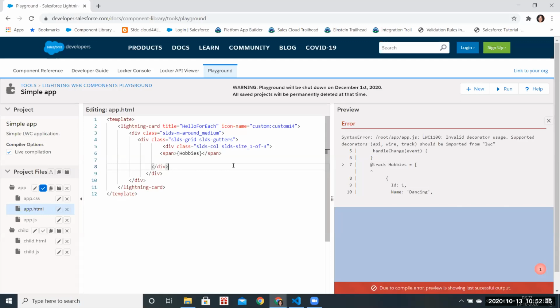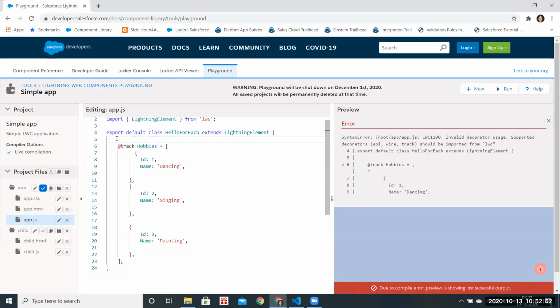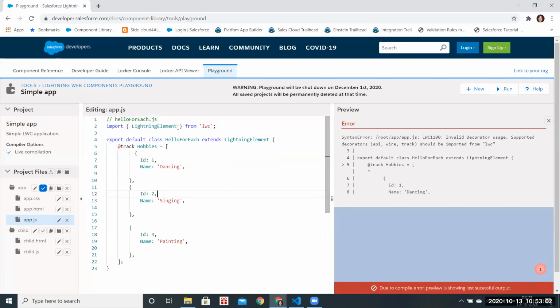Go to your JS. Remove the 5th to 6th line, I guess. This is not needed. On the second line, import LightningElement, comma, track.